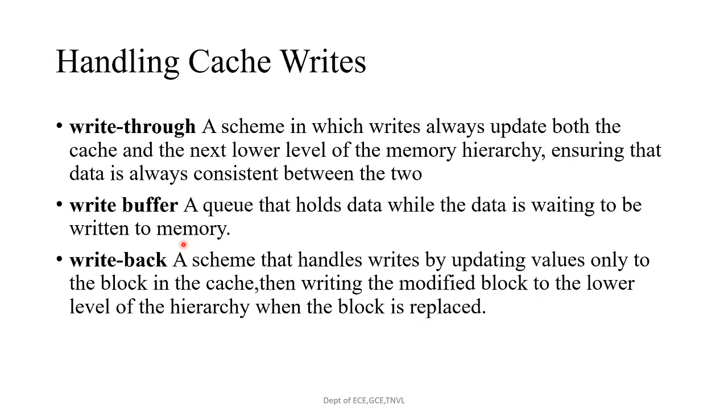Of course, if the rate at which the memory can complete writes is less than the rate at which the processor is generating writes, no amount of buffering can help, because writes are being generated faster than the memory system can accept them. The rate at which writes are generated may also be less than the rate at which the memory can accept them, and yet stalls may still occur. This can happen when the writes occur in bursts. To reduce the occurrence of such stalls, processors usually increase the depth of the write buffer beyond a single entry. The alternative to this write through scheme is the scheme we have seen as write back.